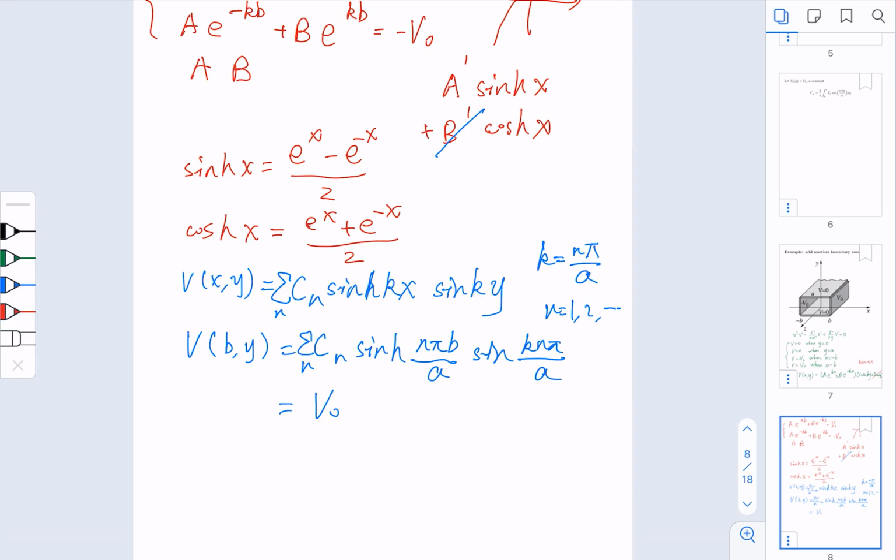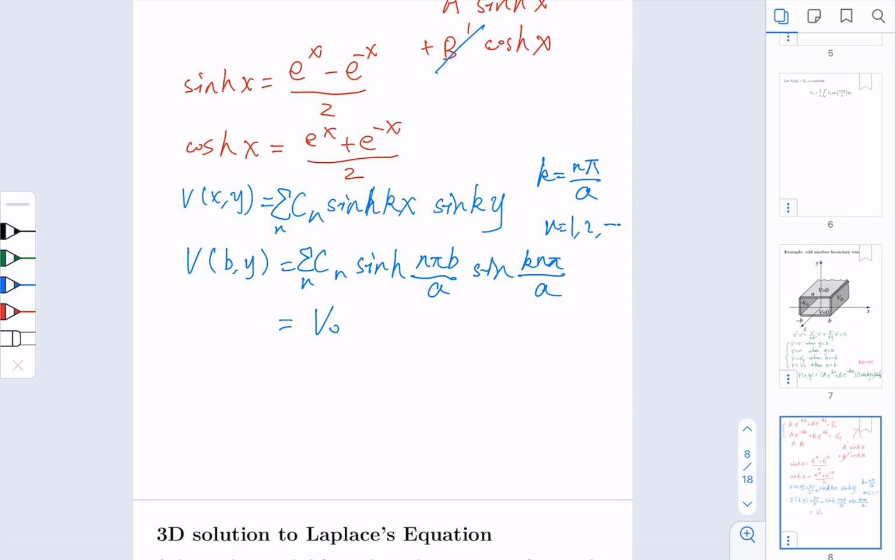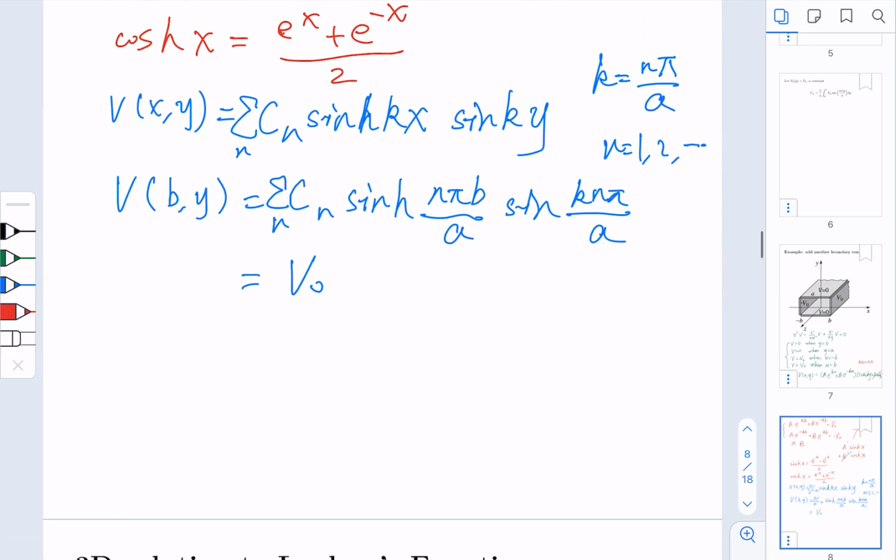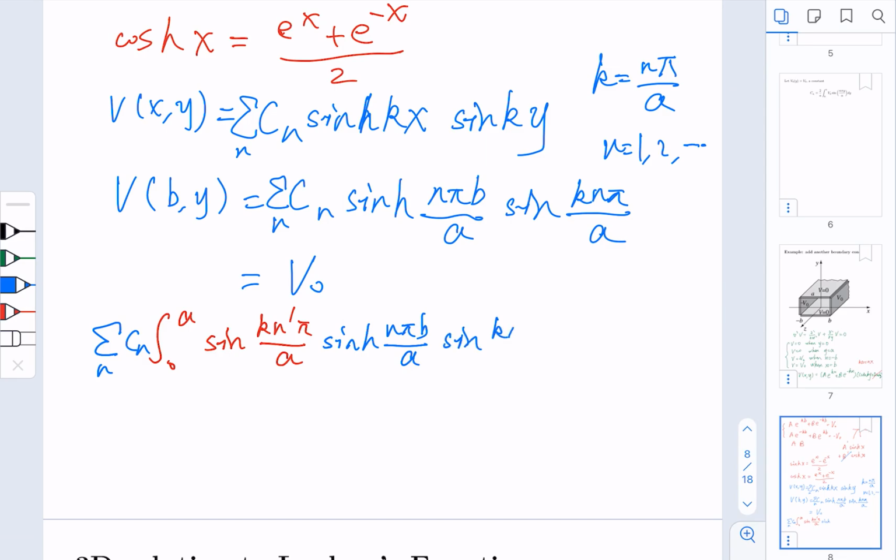The trick is the same: we multiply the v of y, the function of y, by an additional integral of sine k n prime pi over a, and we copy the rest, which is sinh n pi b over a sine k n pi over a, and this thing should be v naught, and the additional integral of